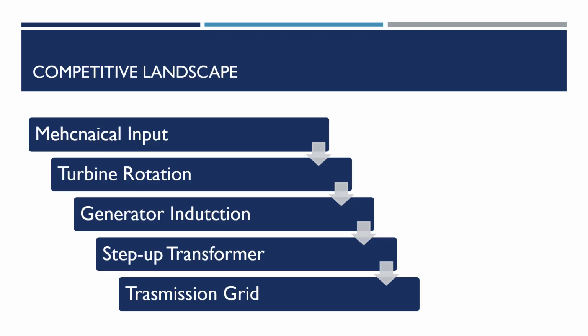All these sources have the same function: to provide the rotational mechanical input needed to spin the generator. Inside the generator, we are always converting mechanical energy into electrical energy using the principle of induction. While there are both AC and DC generators, usually all large-scale power generation is done using AC generators, or alternators, because AC is far more efficient to transmit over long distances.